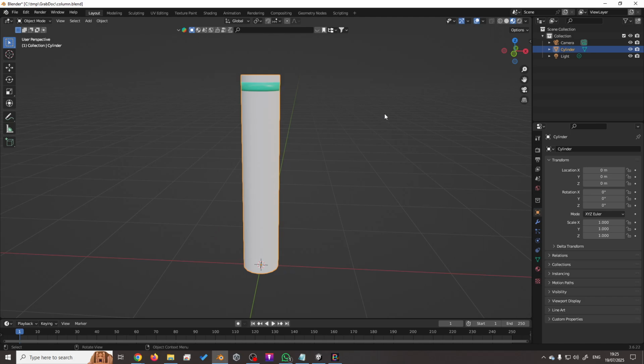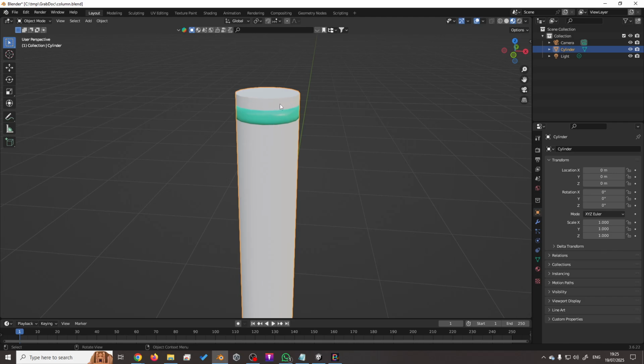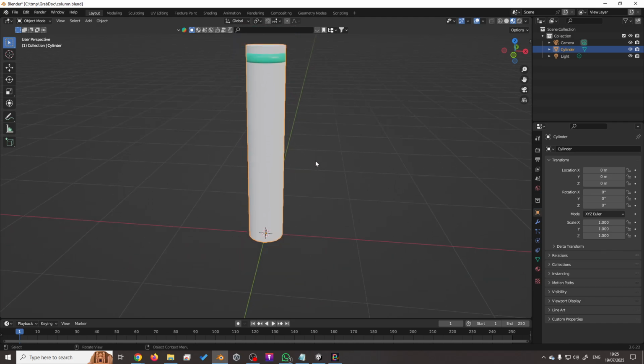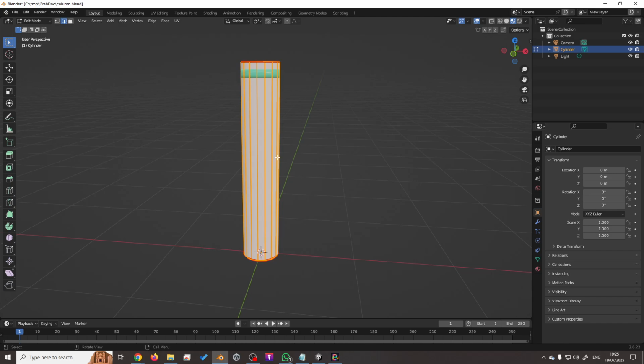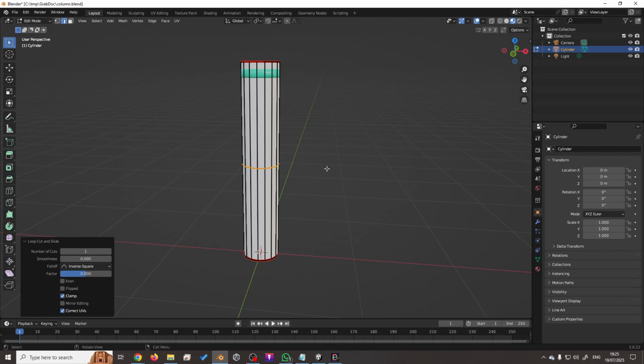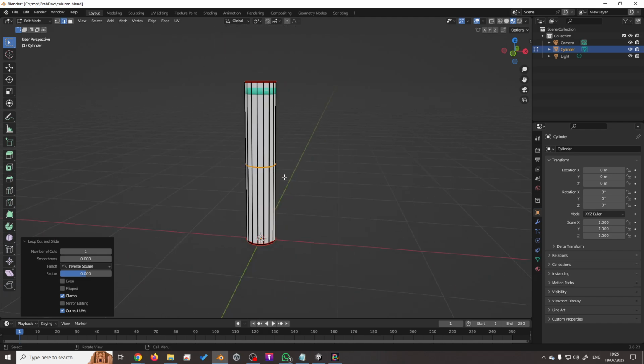Now, what I might want to do is have this trim at the top and the bottom, and that's not hard to do. What I would normally do, let's say I wanted that closer to the top and pretty close to the bottom as well. Easy way of doing this is to go into edit mode with the tab key, Control and R to add a loop cut. I'll left click to confirm it, and right click to set it in place, and then I'm just going to bevel it